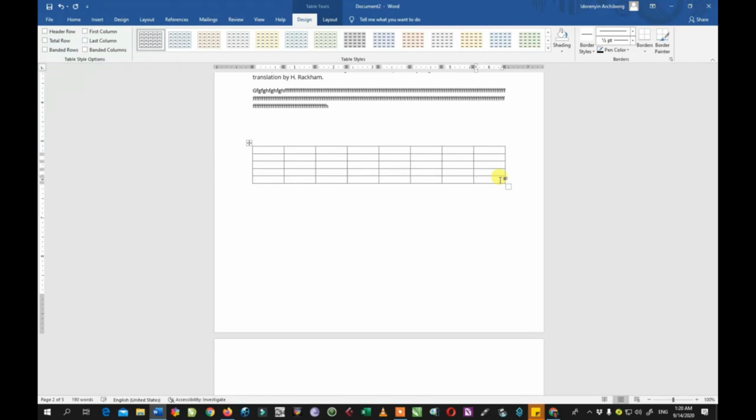columns and 5 rows. So if you wanted more rows, for instance, you have to come to the last cell here and click tab on your keyboard. It will add additional rows. You come here again, repeat the same